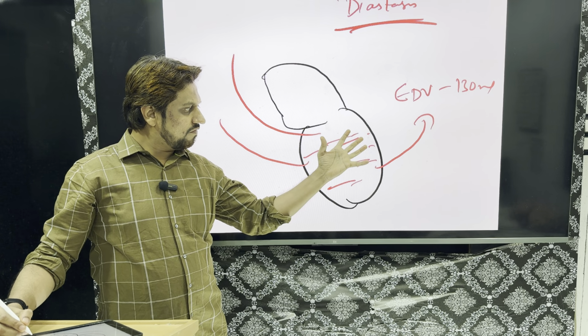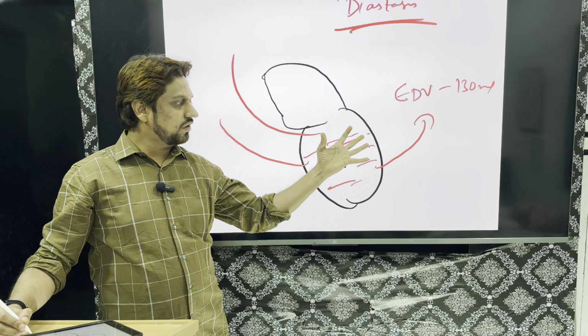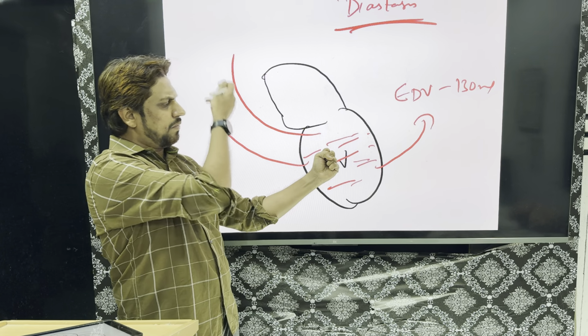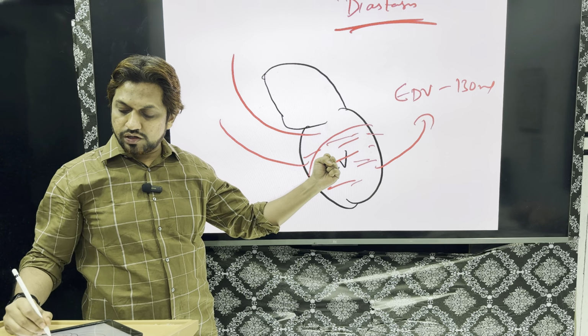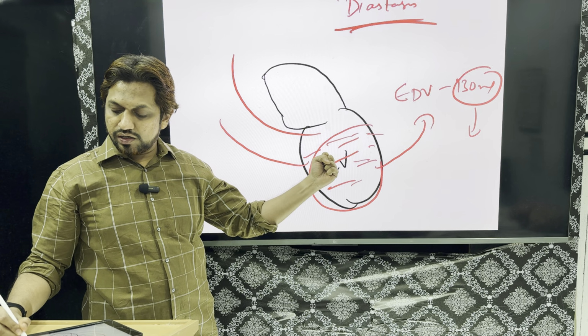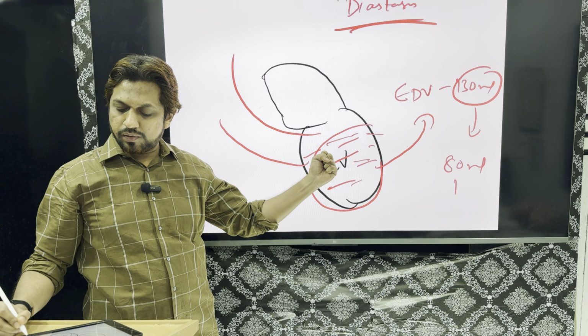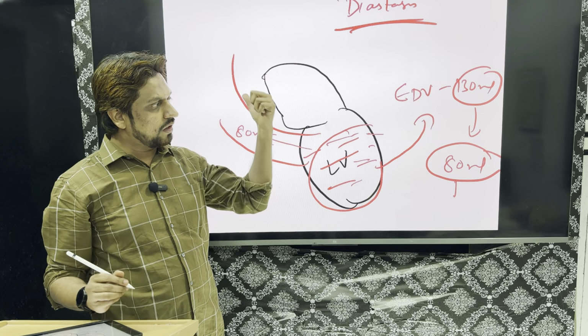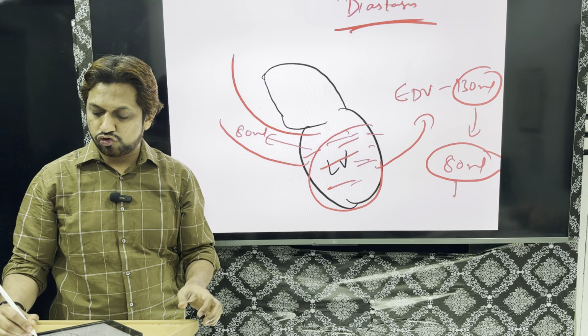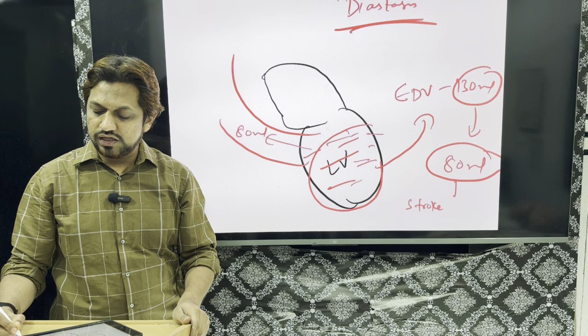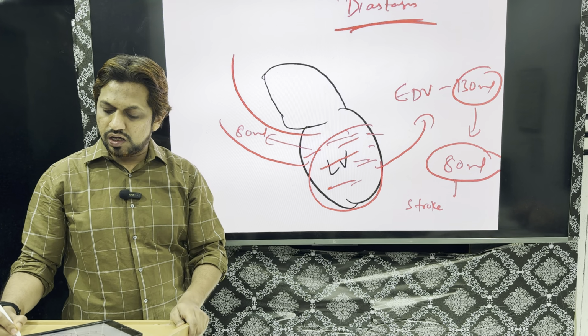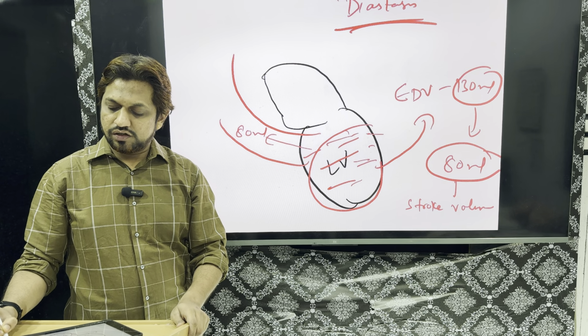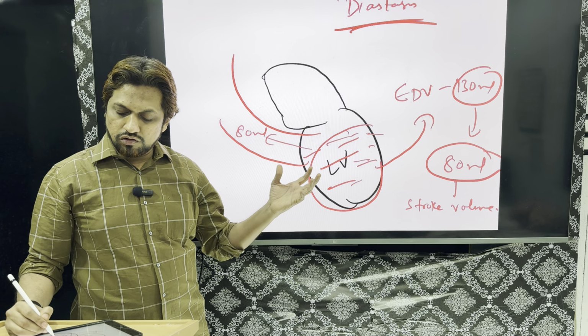Now when the ventricles contract, during the rapid ejection phase, out of this 130 ml, around 80 ml is pumped from this ventricle into the aorta, 80 ml. So this 80 ml which is pumped from the left ventricle to the aorta is known as stroke volume. So in each stroke, or in each ventricular contraction, that is known as stroke volume, and the volume which is